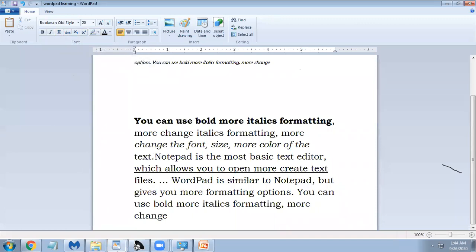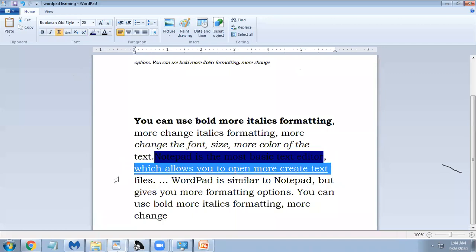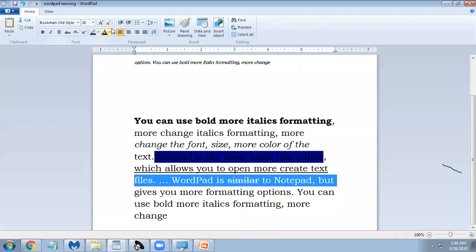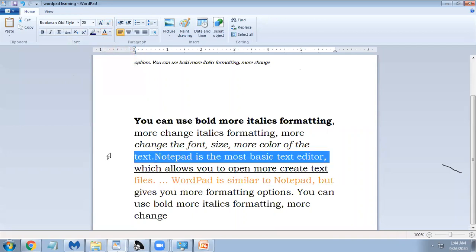change the color of this format text, you go for this and take the color. The color is changed. Background is changed. If you want to change the color, this is how you change color. Okay. Here background is changed to highlight.